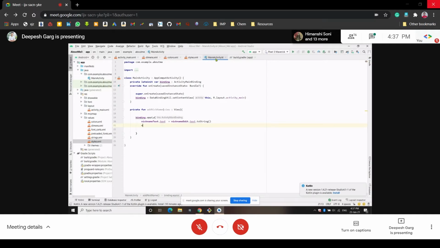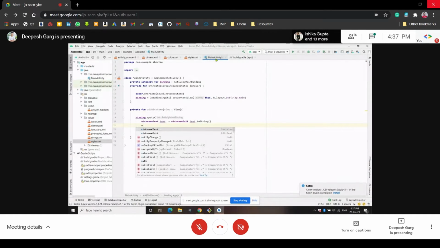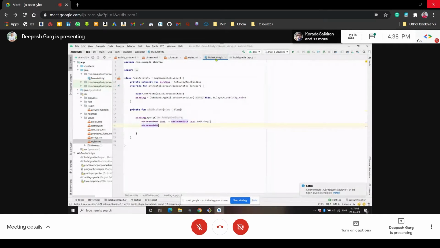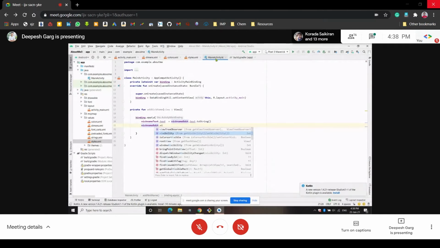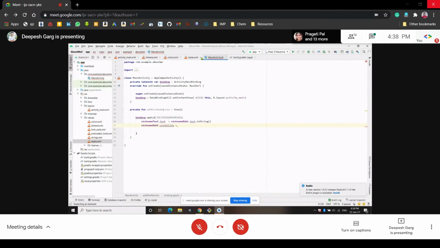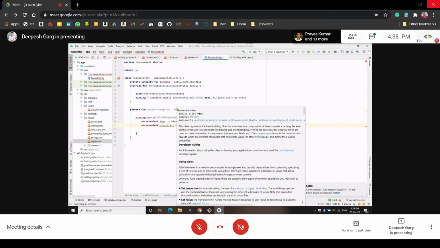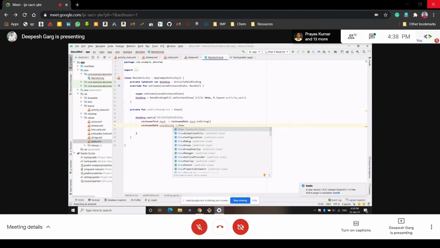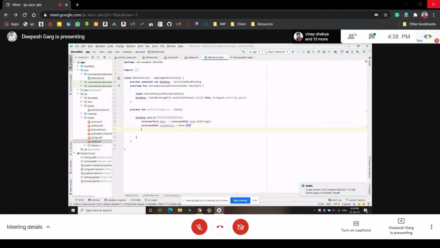So nickname edit dot visibility equal to, and since it is a type of view, we will access it through the view argument. We'll write view dot gone. It will vanish this editable text view so that it will not be visible after giving its text to the hidden text view. Okay, so it is gone now.